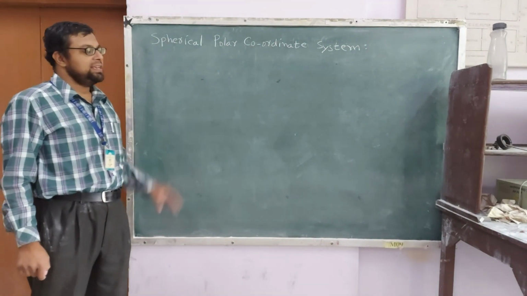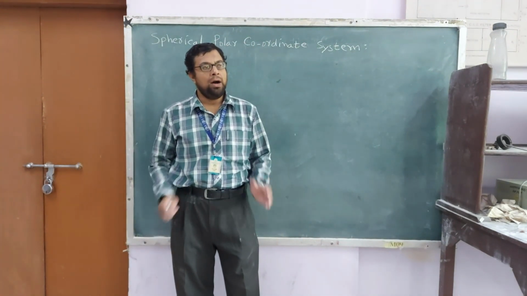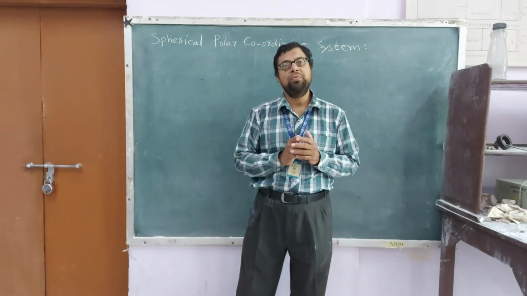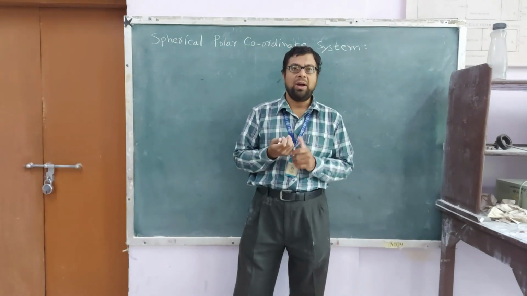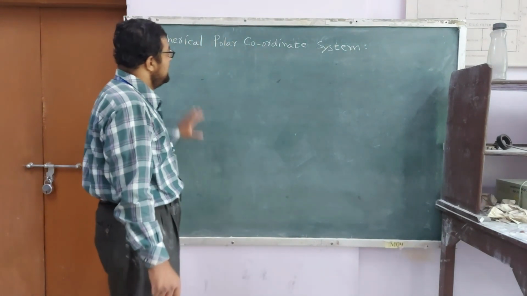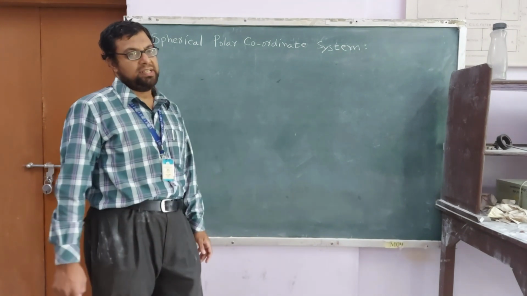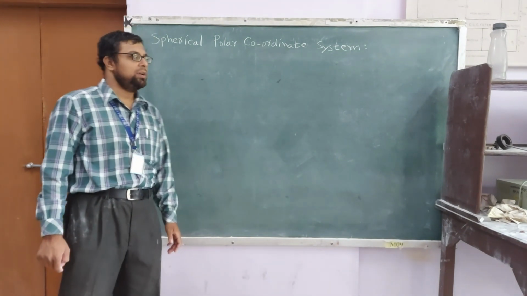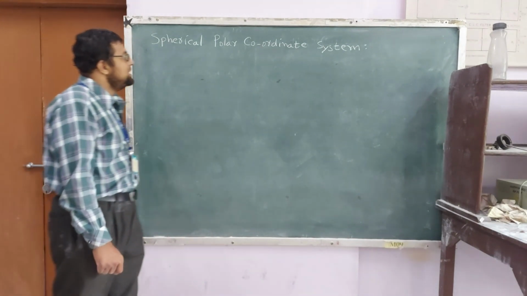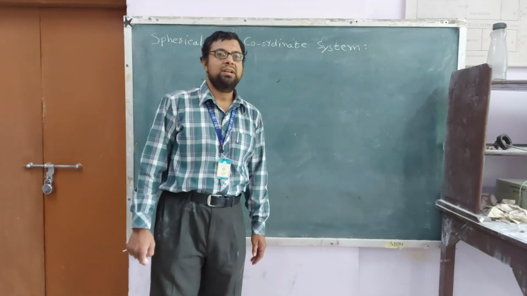Okay, as we have seen in case of Cartesian coordinate system and in any coordinate system, we require at least 3 coordinates for getting the full information about the position of a particle or an object in the universe. So in a similar way, in case of a spherical polar coordinate system, we again need 3 coordinates. In case of Cartesian, we need x, y and z coordinates. Here we require r, theta and phi coordinates. So we shall clarify what is r, theta and phi in case of a spherical polar coordinate system.